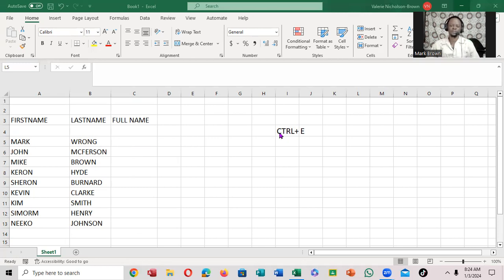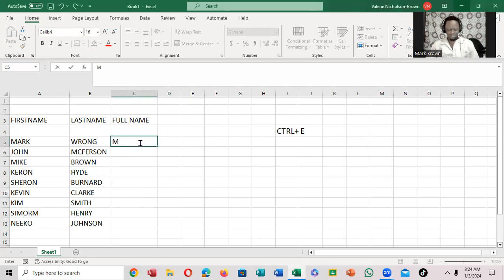It's very, very important. For instance, if you have at least 1,000 of these names to put right here, what you can do is click in the cell and type the first name first, like that. So when you type the first name,